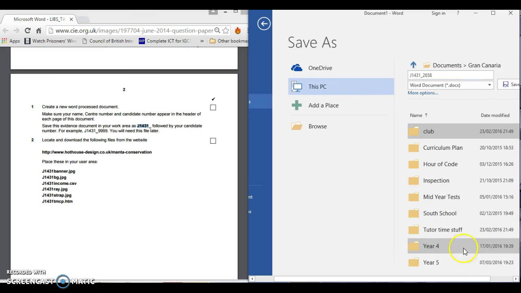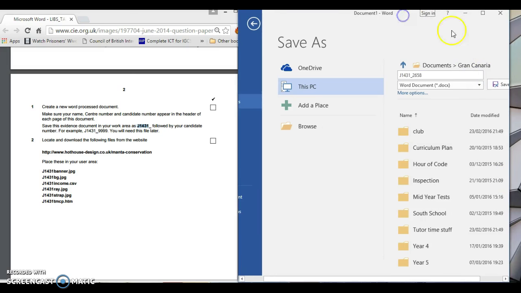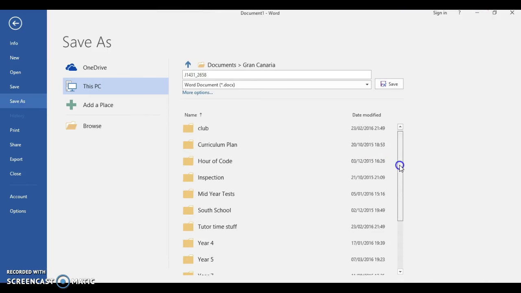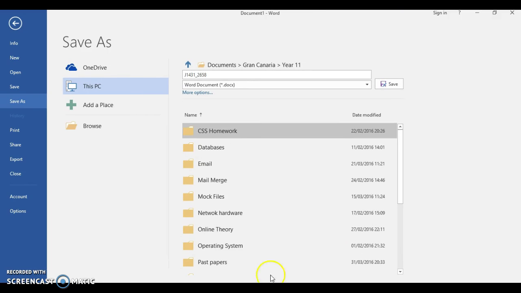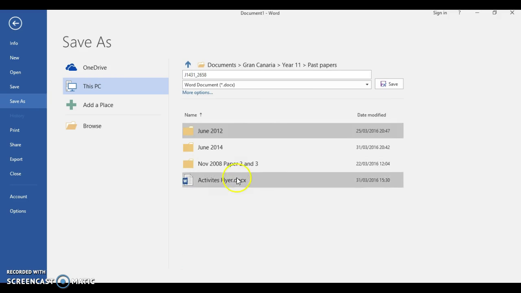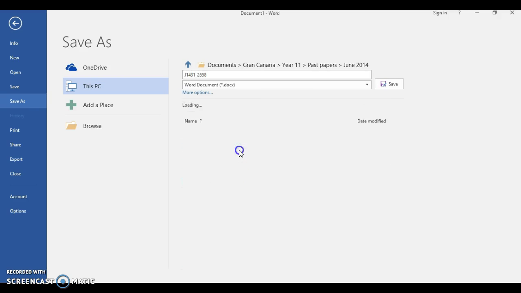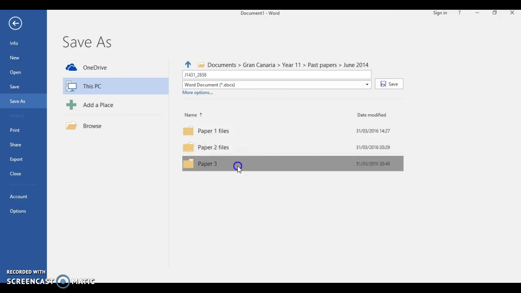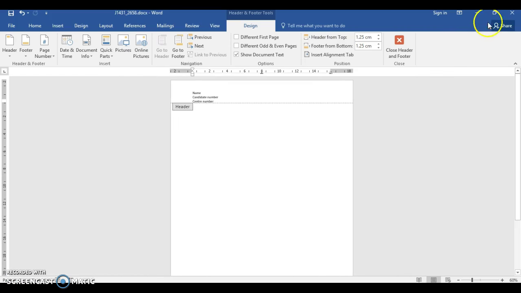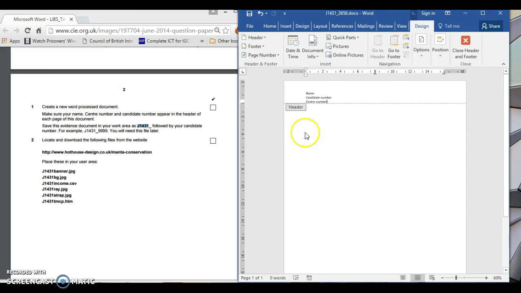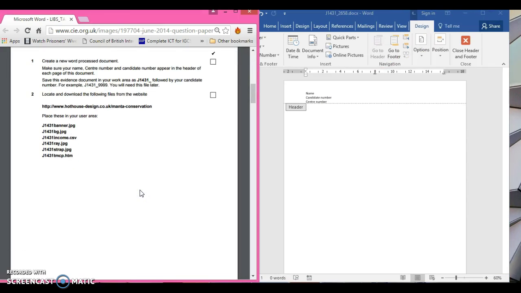So I'm going to save this in a sensible area, where I'm going to save all my stuff in case I need to pull it up later. I'm just going to drop it in here in paper 3. Okay, so that's that done. Right, so